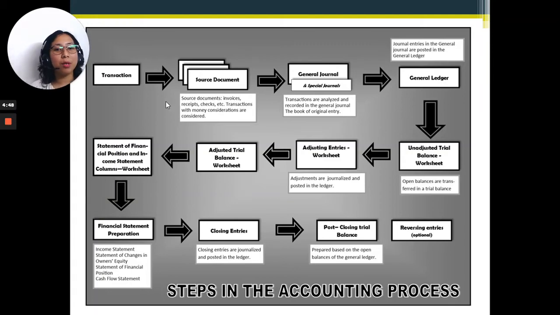Okay, so last time we discussed transactions and source documents. Now let me show you the accounting process in this video. The first step is that you have to analyze the transactions that are happening in the business. Before you record, you should have your source documents. These are your evidence before you record